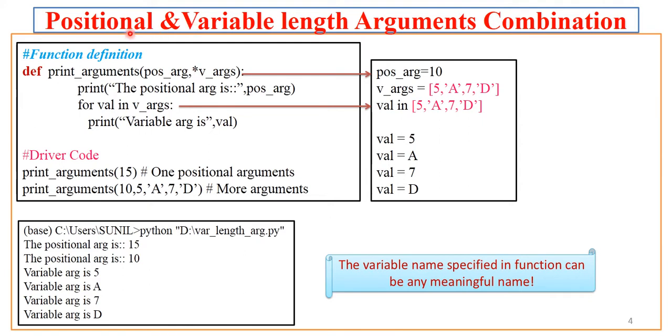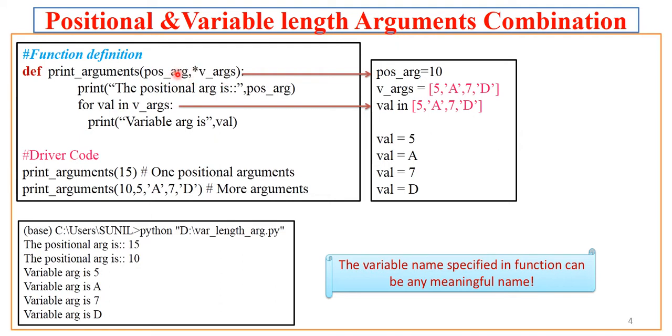Now you may have a combination of positional and variable length arguments. How does it work? If you want both to work together, you may pass both as arguments to the function. Let us focus on this program. Here my function name is print_argument. This is the simplest function. It takes a combination of positional and variable arguments, so I have 2 arguments passed to the function.